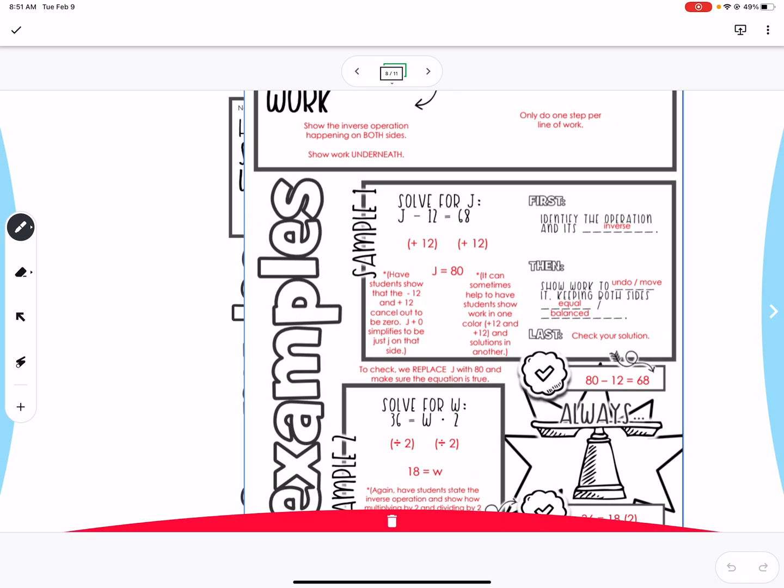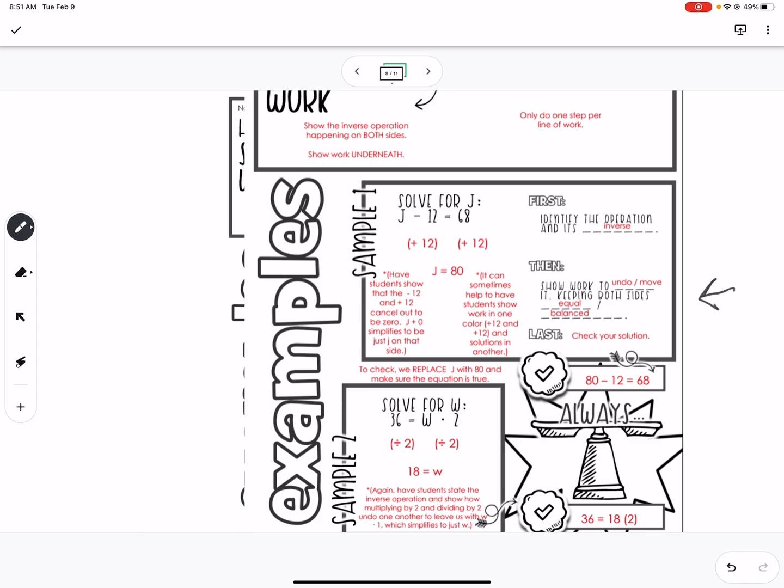This is the vocabulary way of saying it: keeping both sides equal, balanced. Think of a balance, a scale. You did this when you were younger. You had little blocks that we had to put on here. We have to balance it out. If I have 3 over here, this side's going to tilt down. Think of you at the park. If I was sitting on the seesaw, I'd be down on the ground and you'd be up top.